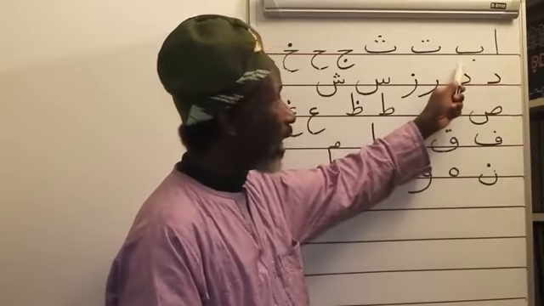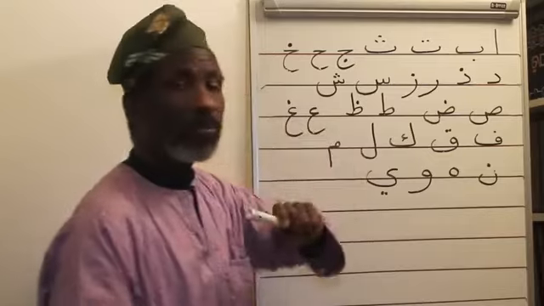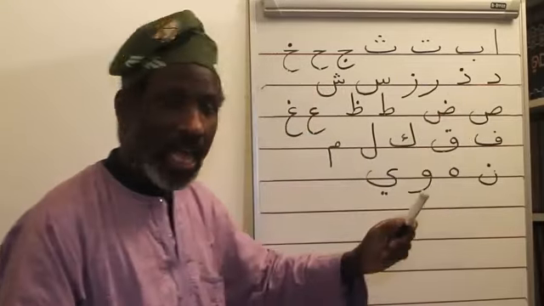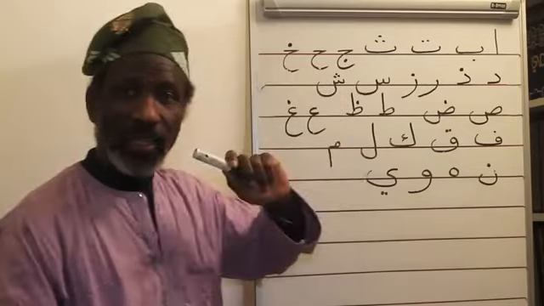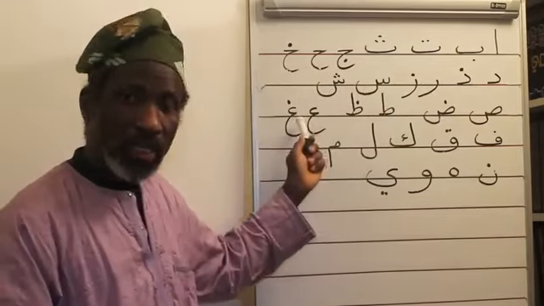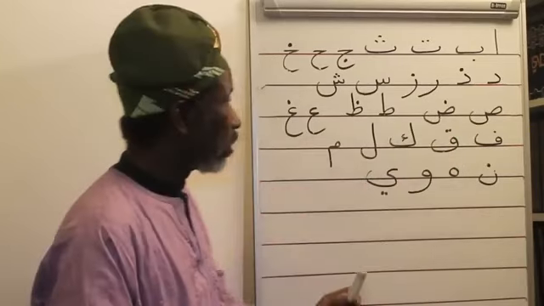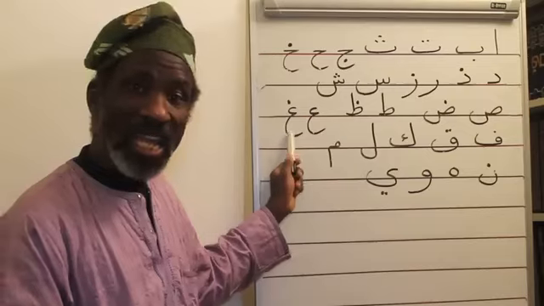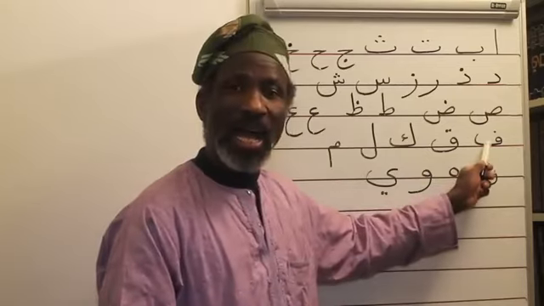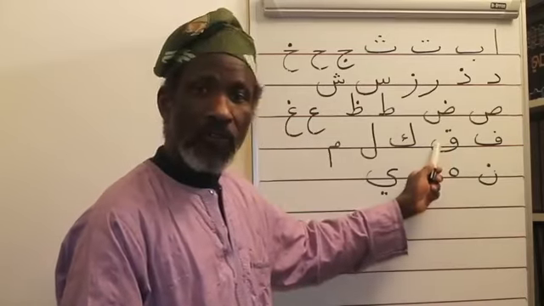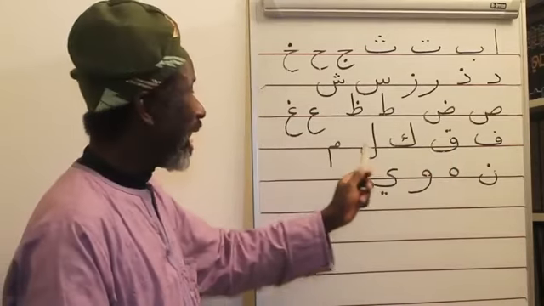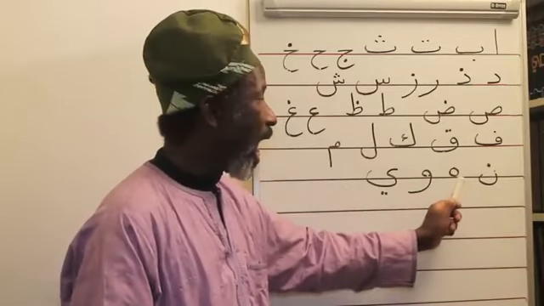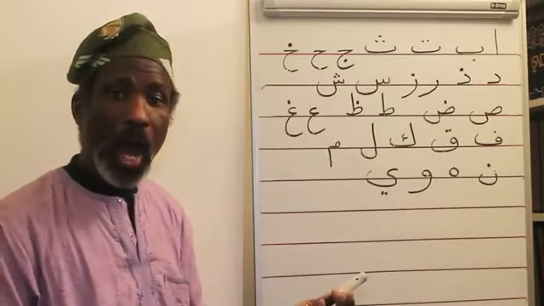Alif, Ba, Ta, Tha, Jim, Ha, Kha, Dal, Zal, Ra, Zain, Sin, Shin, Sad, Dad, Ta, Dha, Ain, Ghain, Fa, Qaf, Kaf, Lam, Mim, Noon, Ha, Waw,